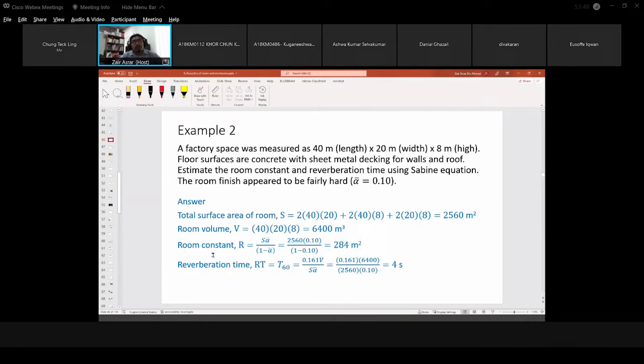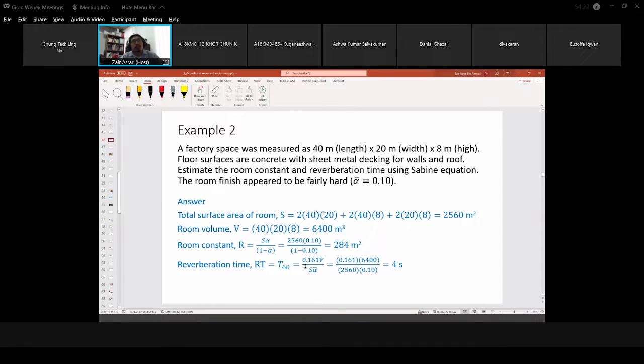All right, so this is an example of how we use the Sabine equation. Let's say we have a space, whatever space it can be, and we are given the dimensions of this space in terms of height, width, and length. Based on these dimensions, we can calculate the total surface area of this room, and also the total volume of this space. From these two, the total exposed surface area and the room volume, we can calculate the